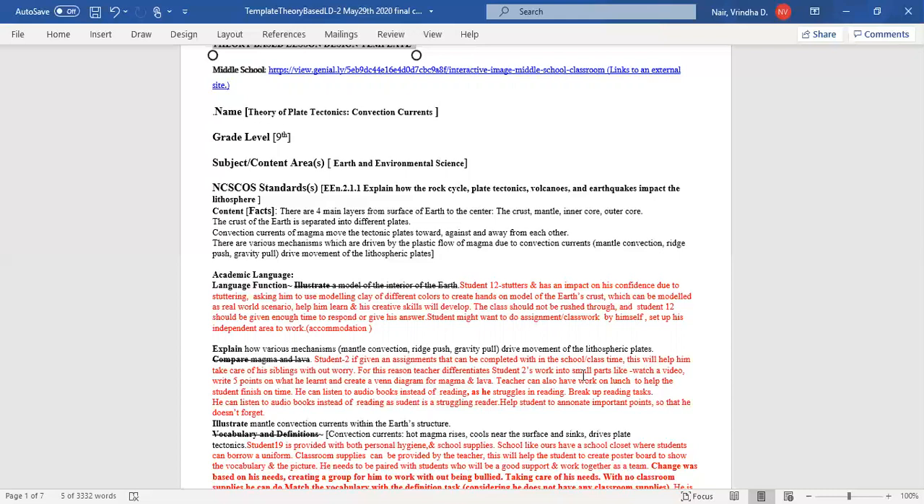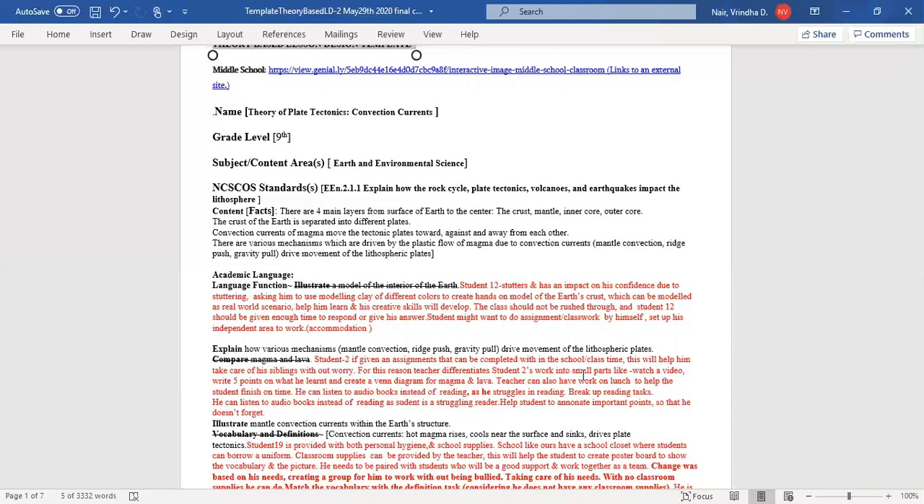So student number 2, if given an assignment that can be completed within the school or a class period, this will help him take care of his siblings. This student has some issues: at school he can do whatever he can do, but once he's at home he cannot do anything else because he has other responsibilities going on at home. So for this reason, as a teacher, I need to differentiate his assignment. I take the assignment, I chunk it into smaller parts and ask him to finish up certain